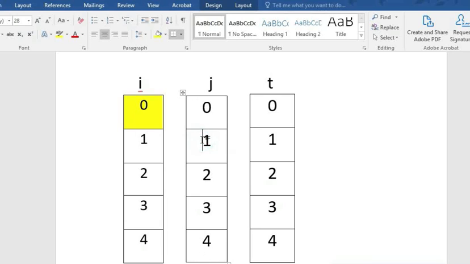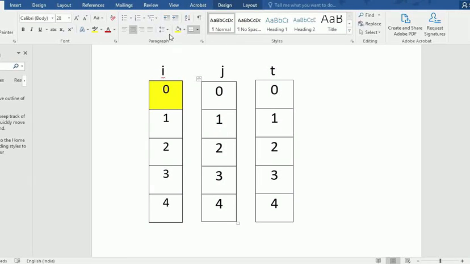Why is this from I plus 1 to n? With this loop I am basically accessing the rest of the array elements and checking if there is any duplicate. At first I check the 0th position with the first position, then the second position, the third position, the fourth position.